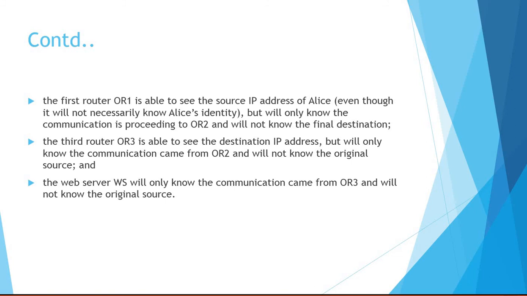Alice will first transfer data to onion router 1 through the secret key shared between them, and it will decrypt it using that secret key. Within the decrypted message there is a message encrypted using the key known to Alice and onion router 2. Onion routers 1, 2, 3 will not know who the actual destination is; the actual destination here is the web server. When the message is decrypted by onion router 1, it knows the next hop, onion router 2.